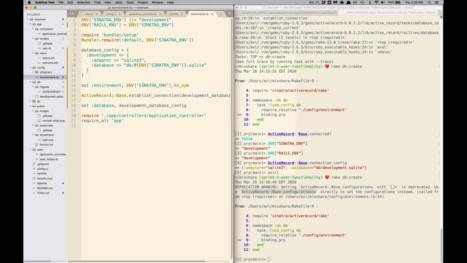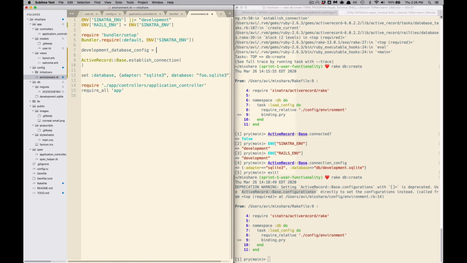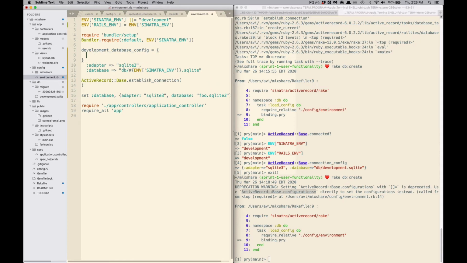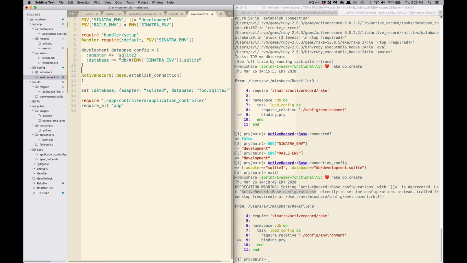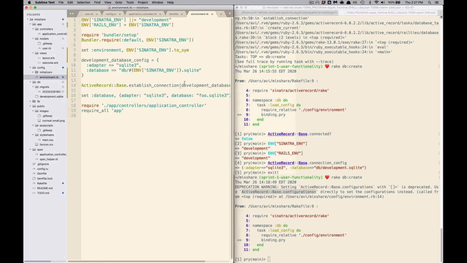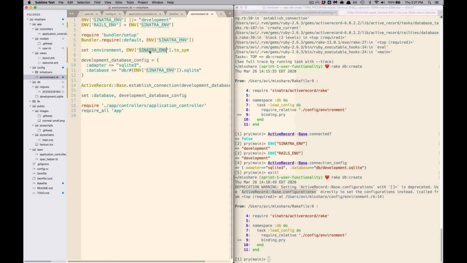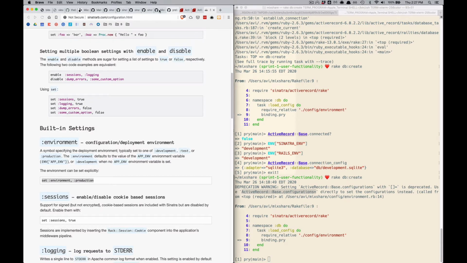And then actually, okay, I want to copy this, but I want to go back to not having the nested hash there, to really just keep it as a single hash, but to set the environment over there, and then let's dump this in here. And then we have set database, and then let's make this to that. And now, because the environment has a development sym, which should basically trigger